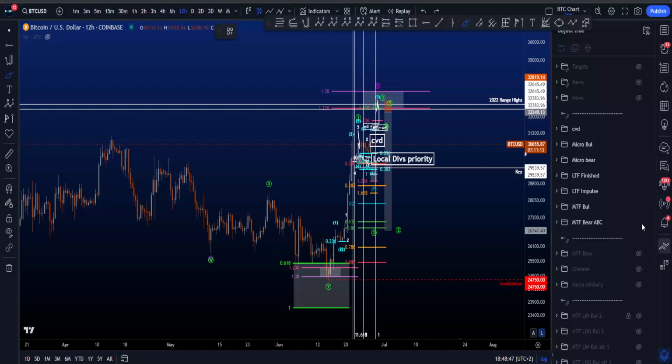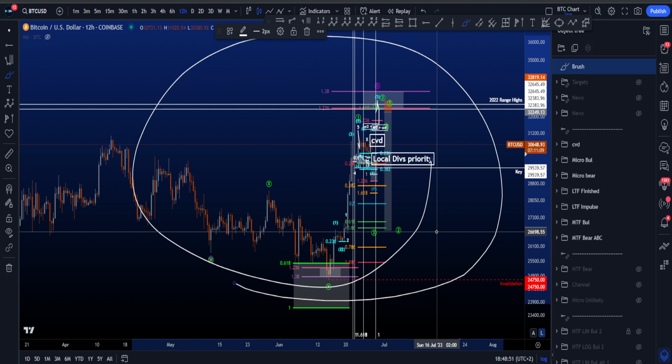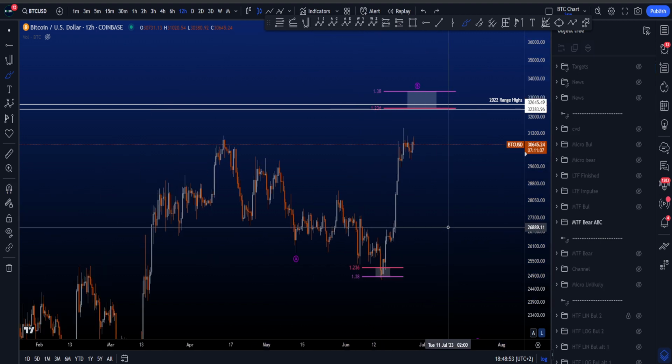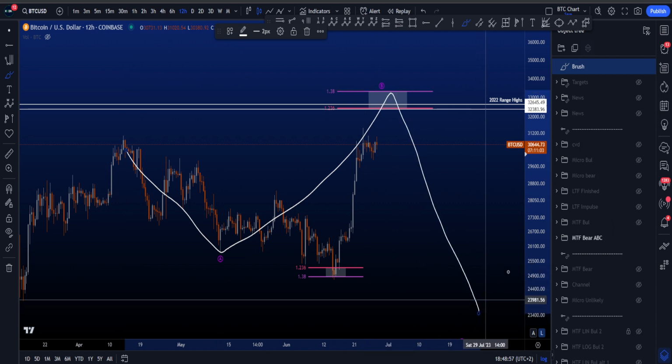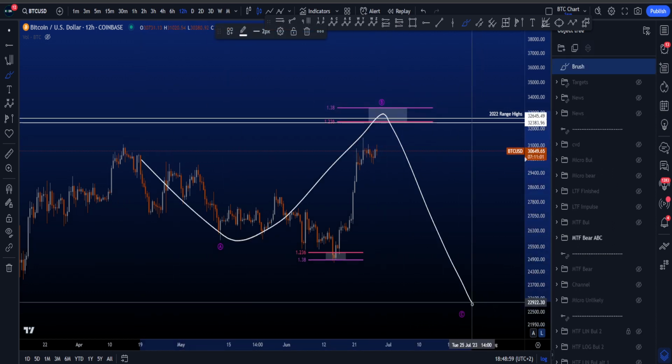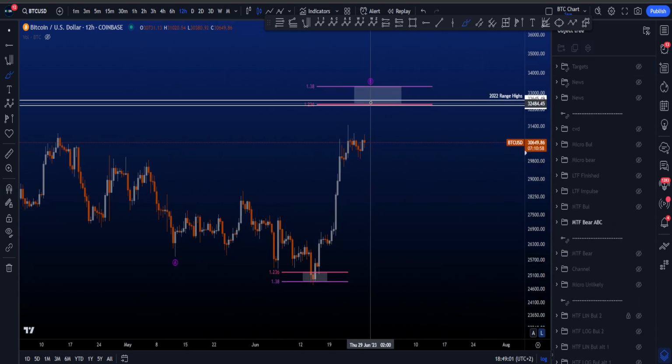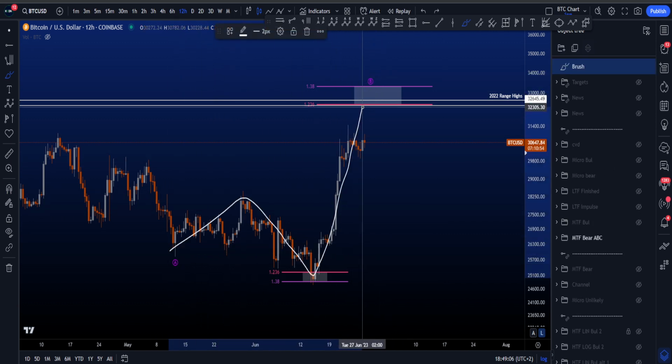Hi everyone, let's go through my medium time frame, low time frame and micro bullish and bearish Elliott Wave scenarios on Bitcoin, starting with the medium time frame bearish scenario where we're looking for an expanding flat in an A, B, C, which is a 3-3-5 wave move. This wave B is then by itself also another expanding flat with over here a 3-3-5 wave move and then